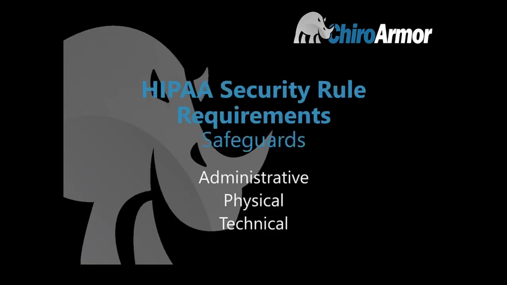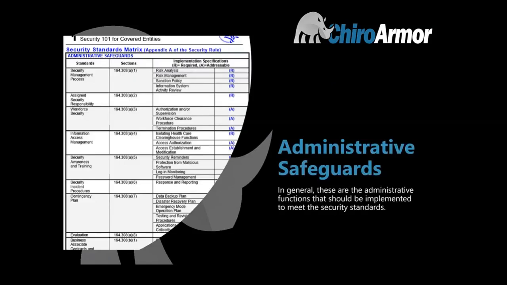Then along came the security rule. Now the security rule is primarily focused on ePHI, electronic protected health information. Now the security rule broke down into three key areas. We have the administrative safeguards, we have the physical safeguards, and we have the technical safeguards. And each one of these areas has key